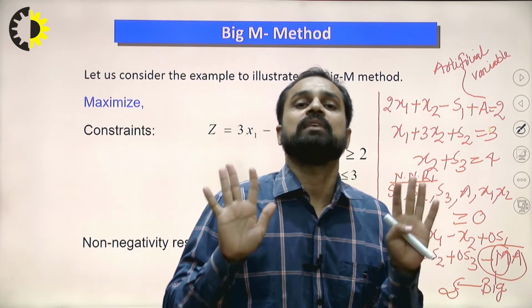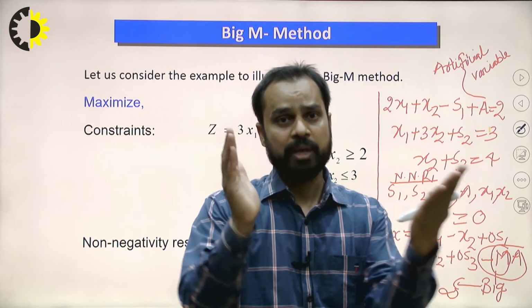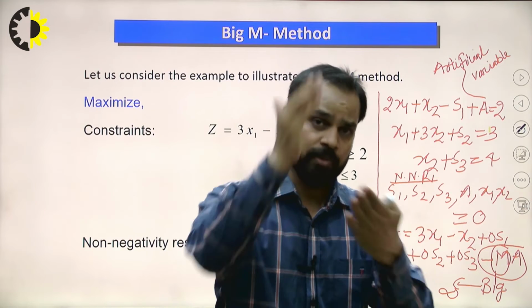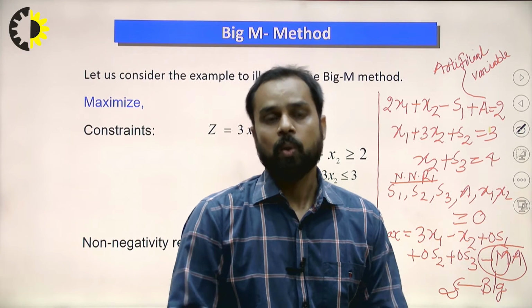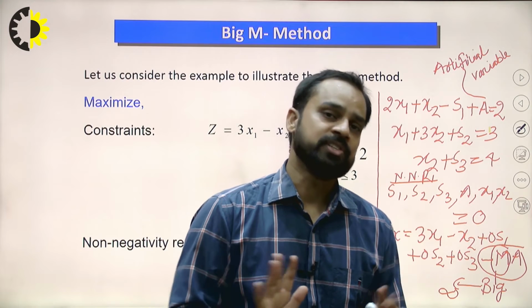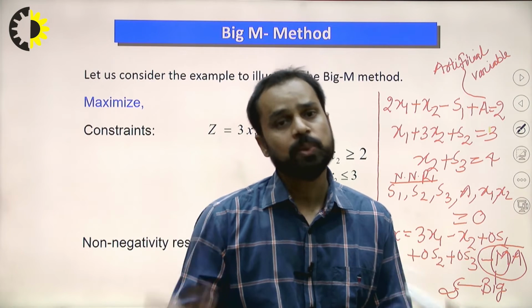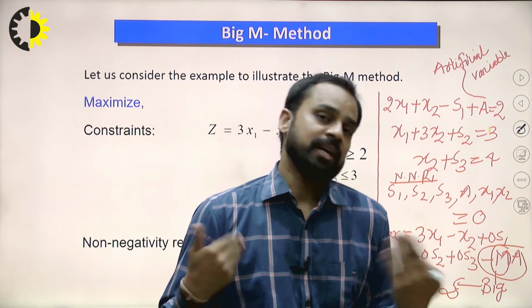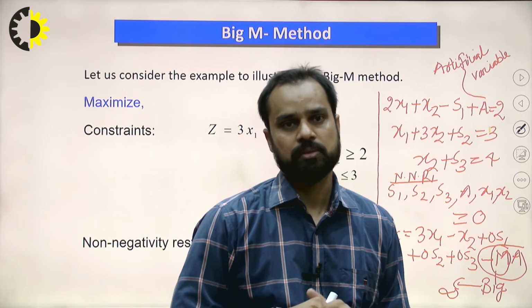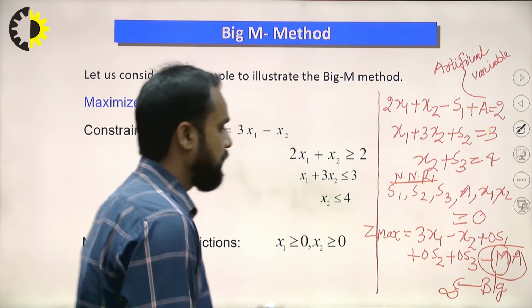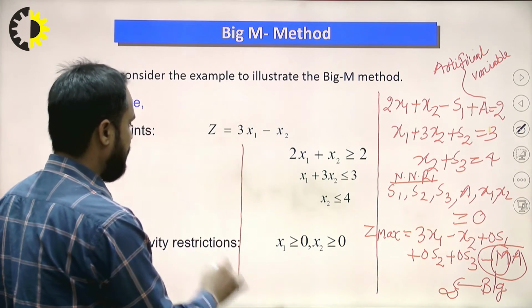The only significance of the artificial variable is so that we are able to get the basic feasible solution if the constraint is of greater than or equal to type. The only purpose of the artificial variable is to get the basic feasible solution, because after getting it, we can proceed to the further iterations, right? So that is the basic feasible solution. Now, how are we getting it?